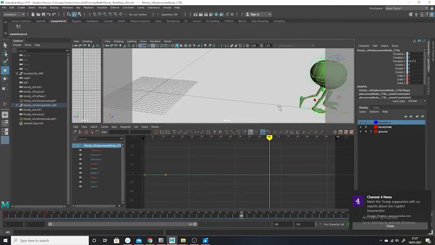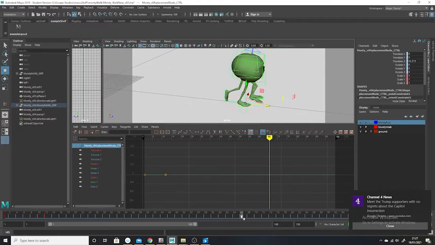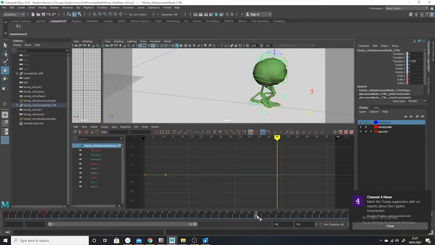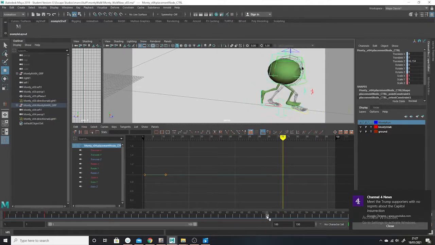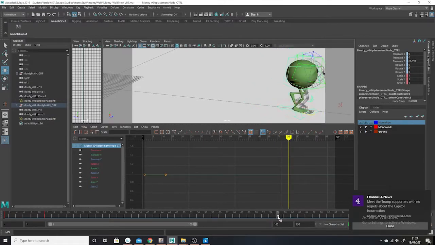Frame, I think it was 70, was it 71? Or 70, anyway, so for the Monty Walk, I'm just going to make this about this frame here, 76. Now one thing I forgot to do, when I